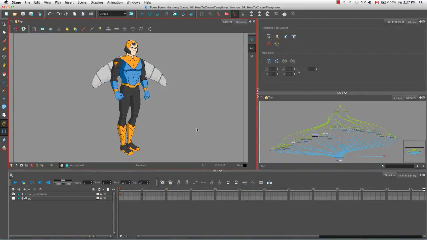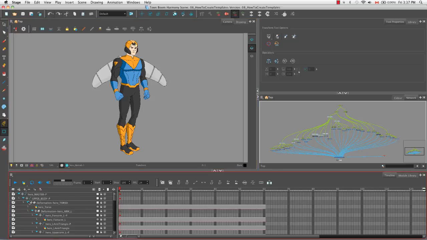Welcome to the tutorial how to create templates. In this tutorial, I'm going to show you how to create templates both from the timeline view as well as from the network view. So let's start with the timeline view. So you can store anything from the timeline view as a template in the library, and this includes layers as